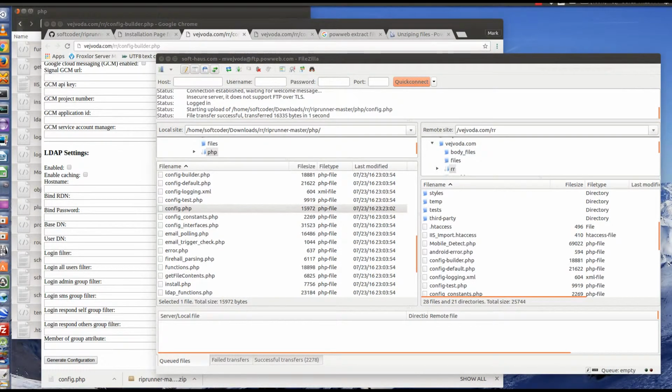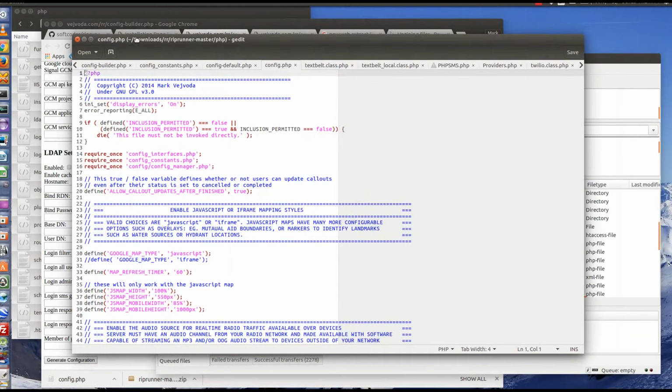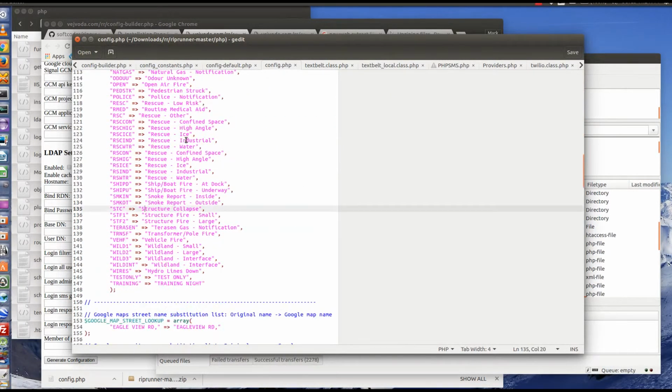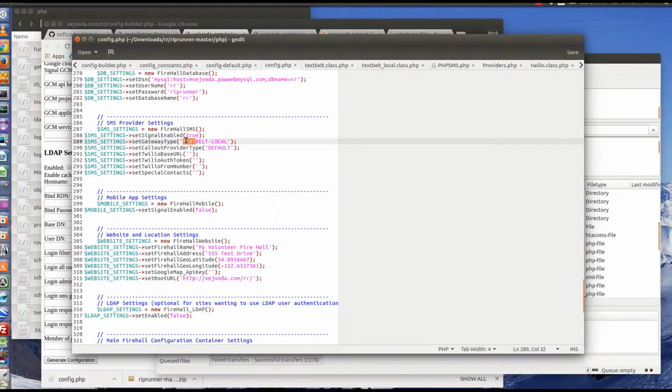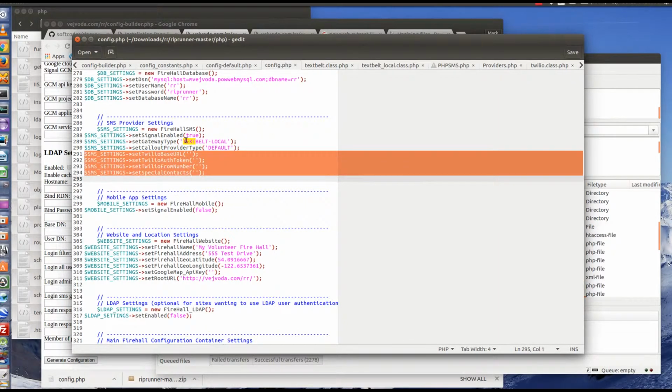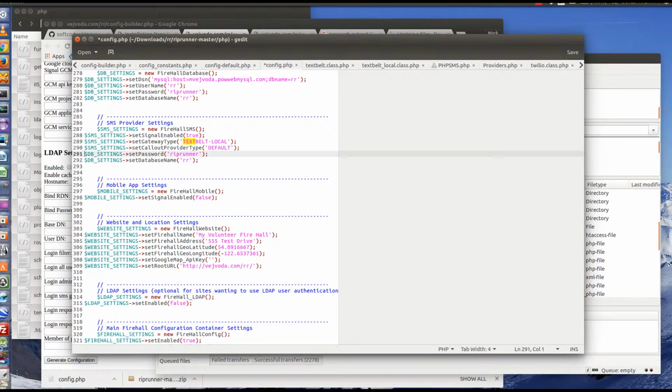So I'm going to open that config.php file, and I'm going to find the section where I have Textbelt, and I'm going to replace these few lines with